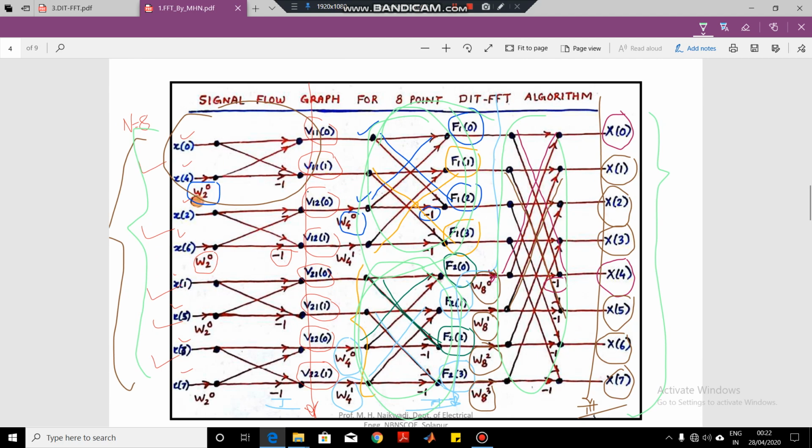This was the theoretical explanation of this algorithm, but when we actually solve the numerical on the DIT-FFT algorithm, you will understand better how to do the calculations, and you will understand the steps more thoroughly. So we will be solving the numerical on the DIT-FFT algorithm, and see how this algorithm works in detail. Okay, so we will proceed with the discussion in the next lecture.